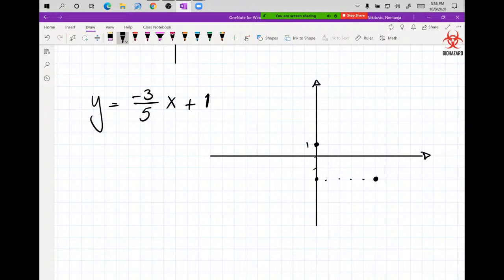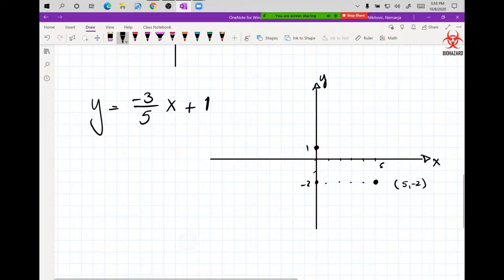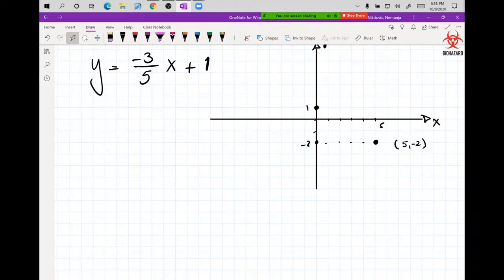Make sure that when you are counting, you count the origin as well, because that is 1 unit to get to origin, and then another unit to get here, and then finally the third unit to get where our -2 actually is. And then you run 5 units forward, which makes this point over here 5 for x and -2 for y. The only thing you need to do now, well, label x and y if you want full credit, otherwise don't worry about it. And now all you do is you connect these 2 points with the straight line, and that's it. You're done. So there's the straight line through the 2 points. You can put these arrows at the end, signifying that this line will go forever in those 2 directions,